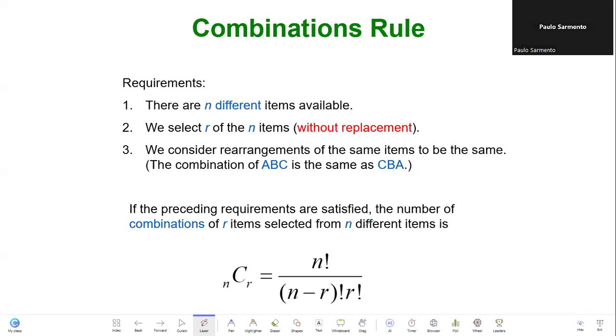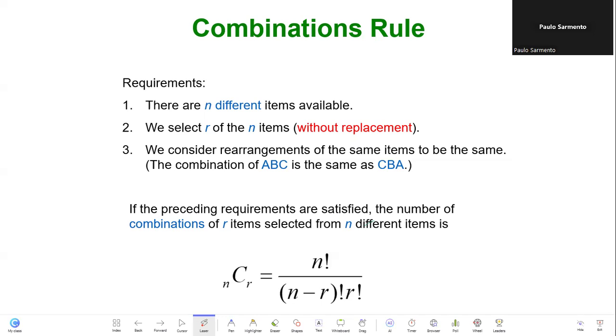We consider rearrangement of the same items to be the same. The combination of ABC is the same as CBA. If the preceding requirements are satisfied, the number of combinations of r items selected from n different items is nCr